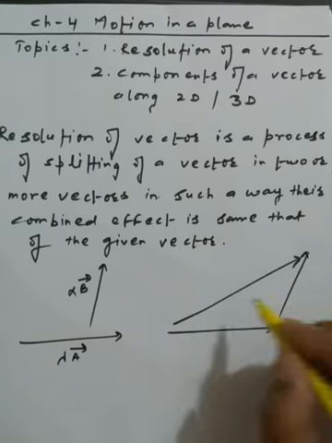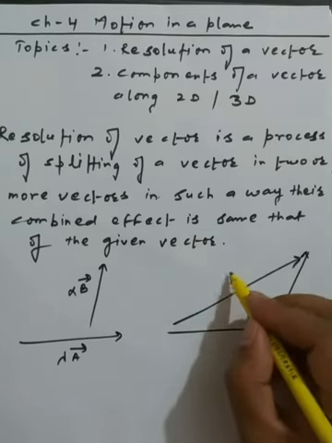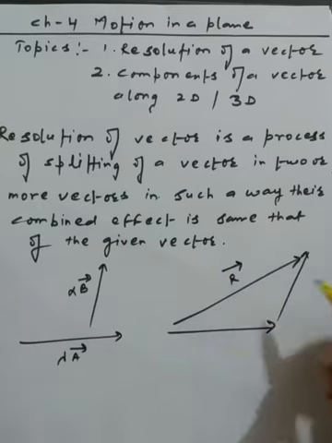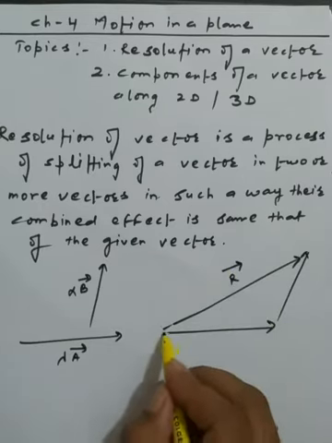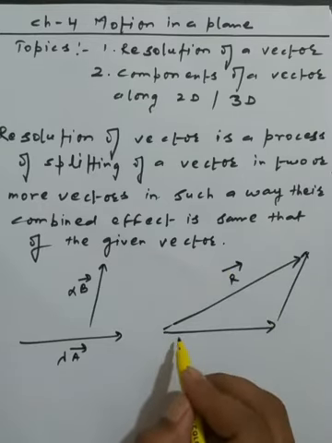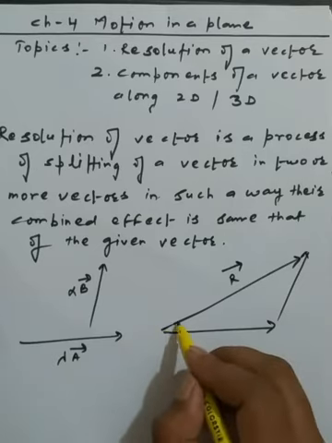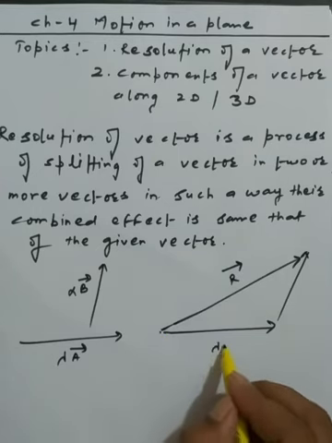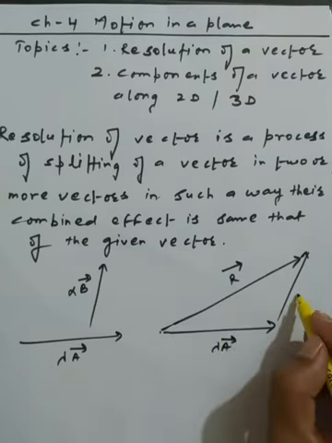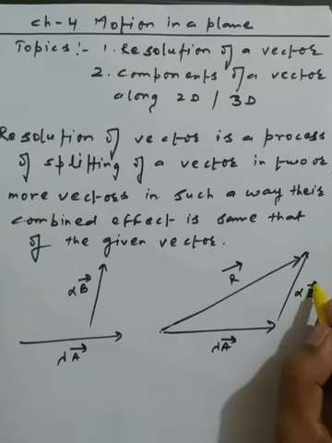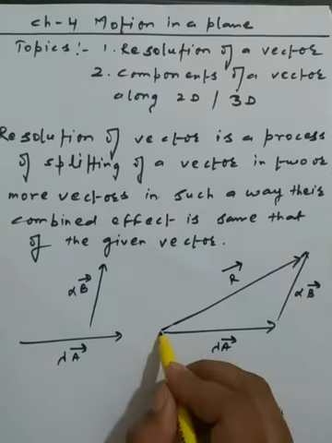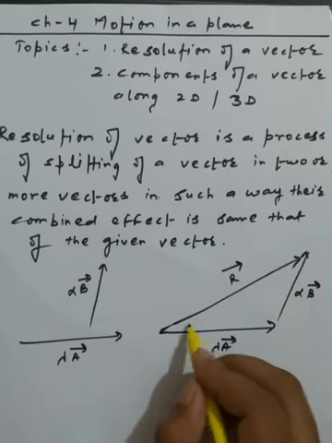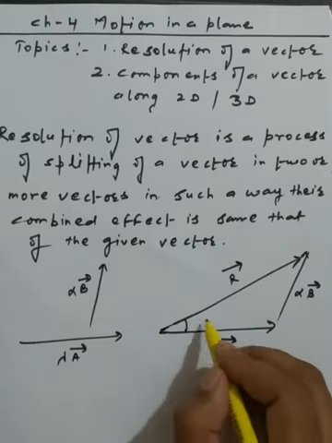Okay. So how can I find the resultant? Because we know that the triangle law of vector addition means the third side should be taken in the opposite order compared to the other two sides, which are in the same direction. So this is the lambda a vector, and this is the alpha b vector. And somehow we have to make the angle of the resultant with lambda a, that is called the alpha.